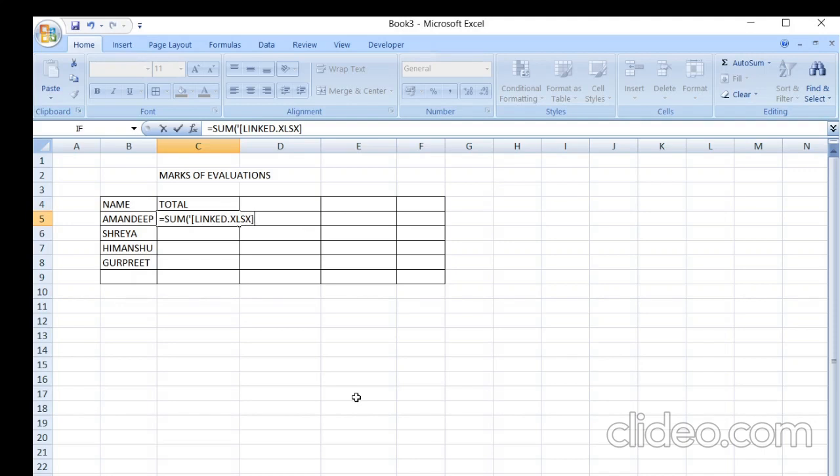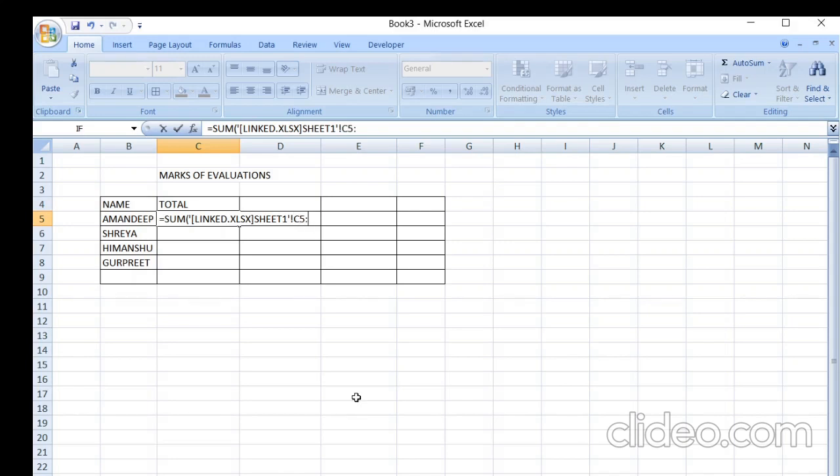Now in this linked file, in which sheet is my data? My data is on sheet 1. I have written sheet 1. Then I am closing this single comma. Now I am putting this exclamation sign. And now I am writing the cell address that I want to total: C5, D5, E5, so that Amandeep's evaluation, all the evaluation marks, are totaled.